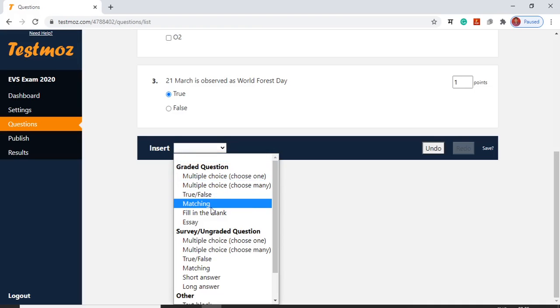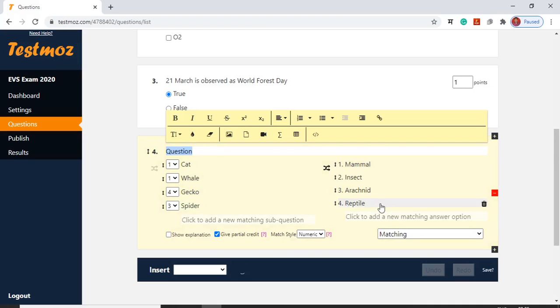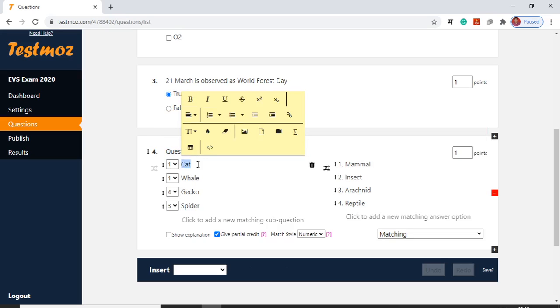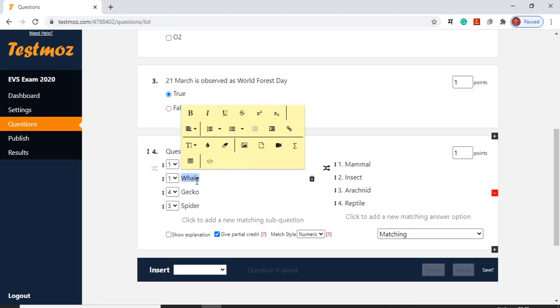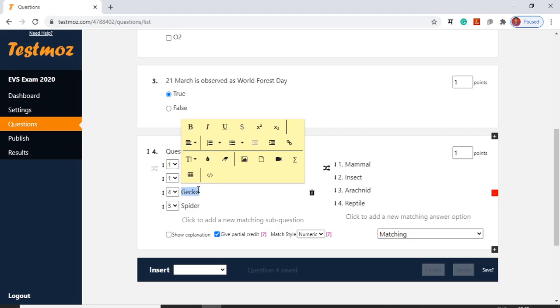Now we will go for matching. You can see here the questions and here the options. So we will set some questions. Suppose World Environment Day, then World Wildlife Day, then World Water Day, then Earth Day.